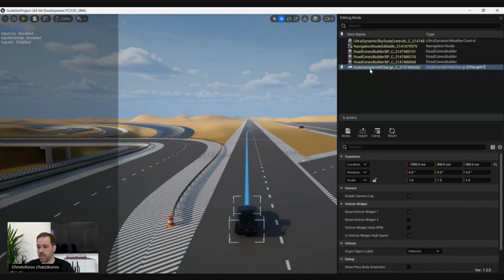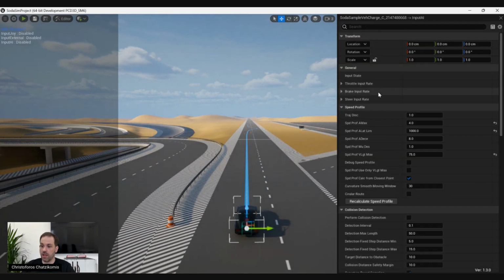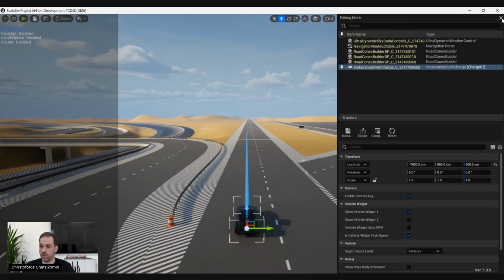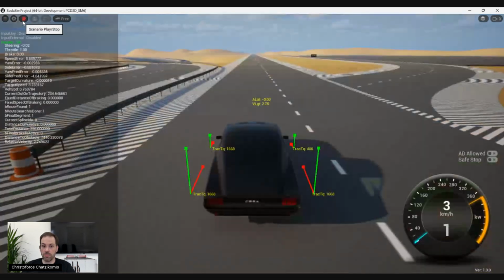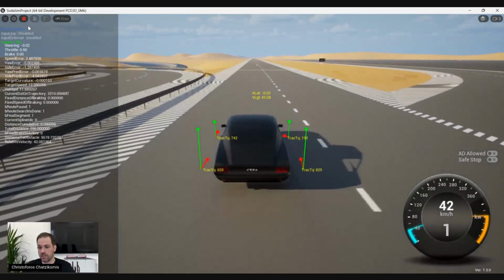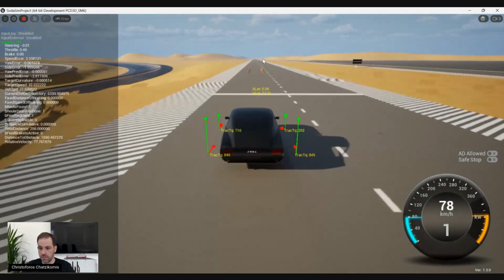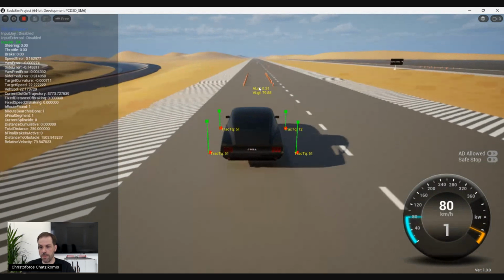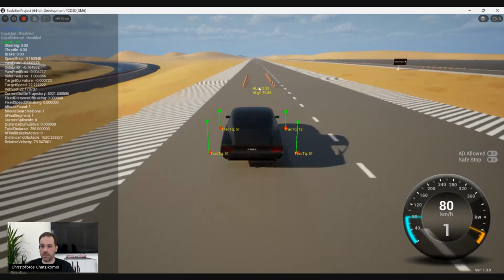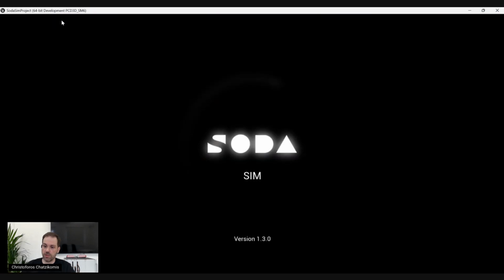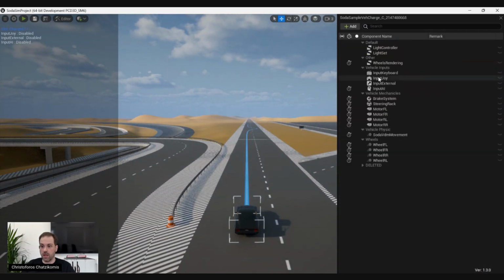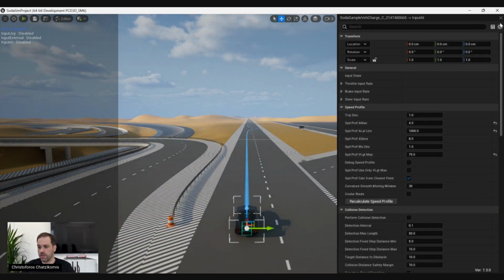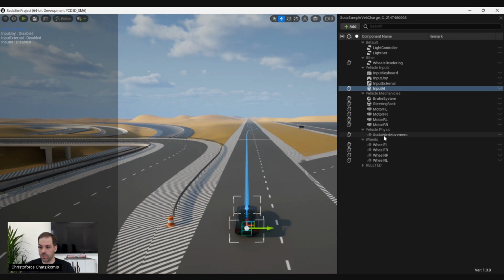we can try also to see, okay, but what's the limit? If we increase, for example, the speed, let's say, to 80 kilometers per hour, will we still manage to complete the maneuver? And let's check that. My expectation is that it would fail to do it because I think we were already very close to the limit. So in this case, we can go back and we can see, yeah, this is because I didn't save, this is restored to the previous value. So now we can